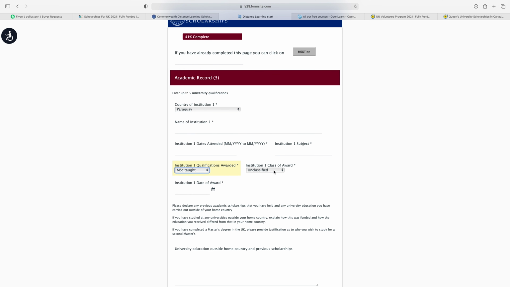Next is institution 1 class award: A, B, C, D, E, or credit, or pass, merit. You can select any according to your degree or according to your country.